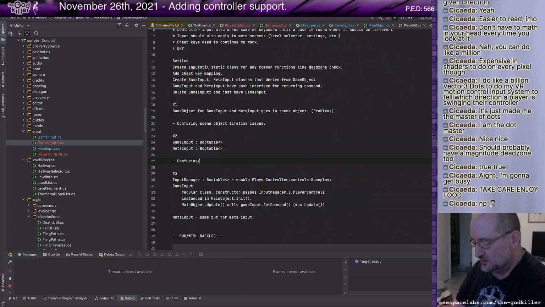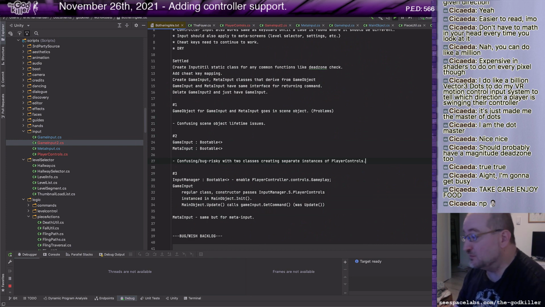Confusing, bug risky with 2 classes creating separate instances of player controls. Maybe no problem at all, but my instincts say don't have 2 instance classes at the same time with their own separate instances of player controls.